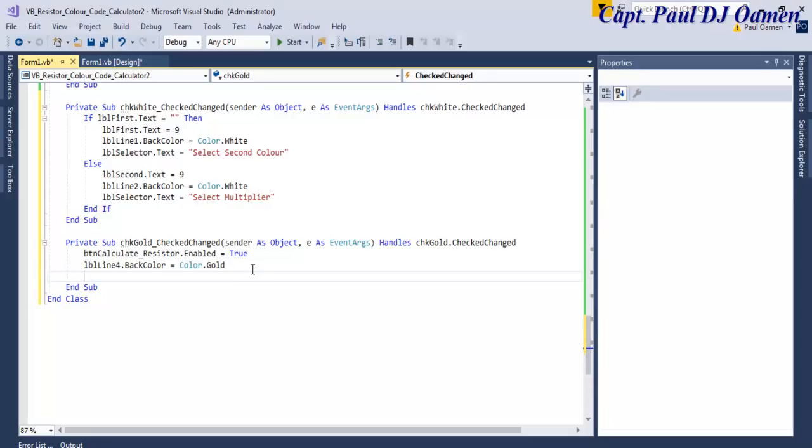In that case, I want the selector to advise the user to click on the calculate button. So click on calculate resistor. There. So I'm just going to copy that,